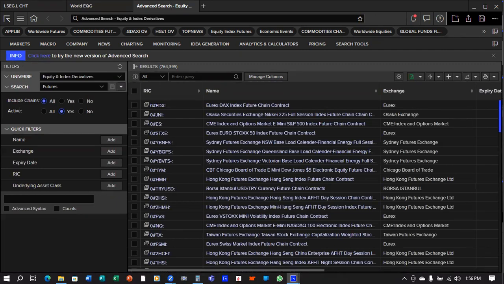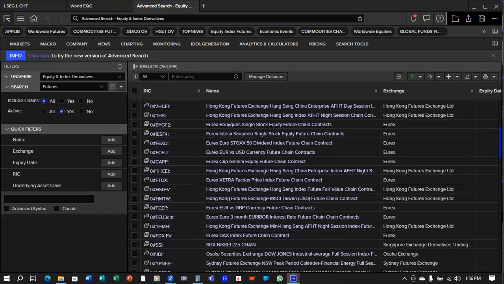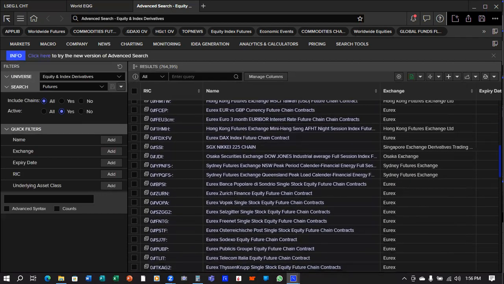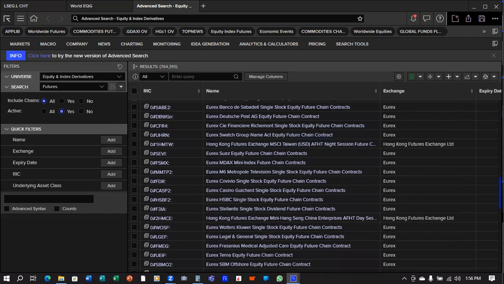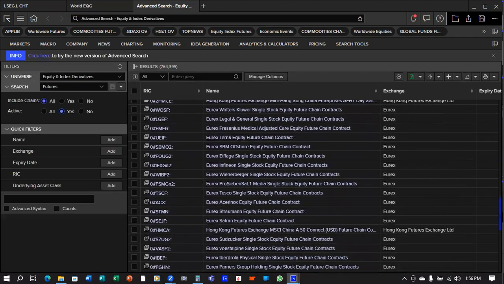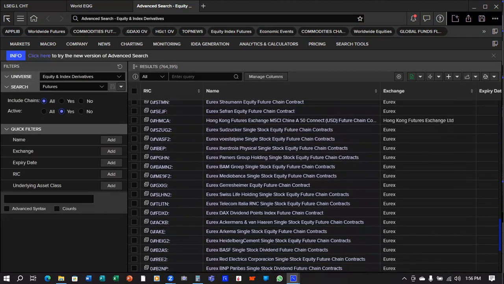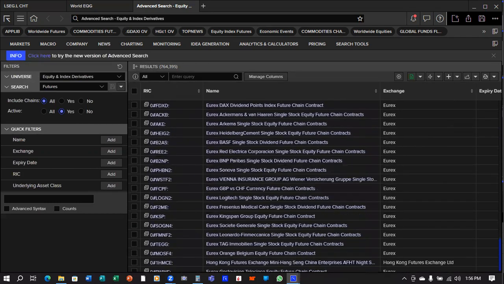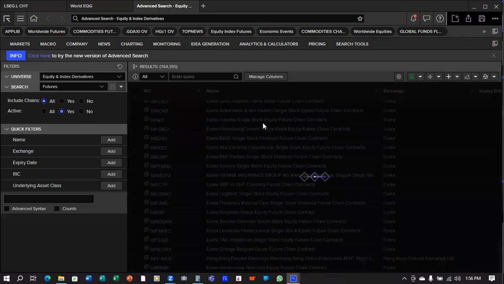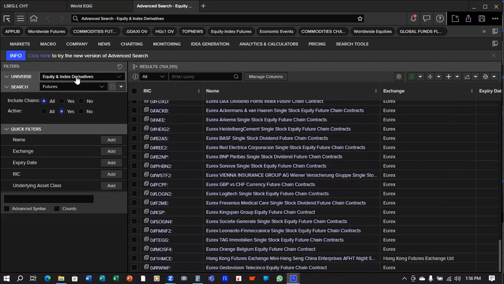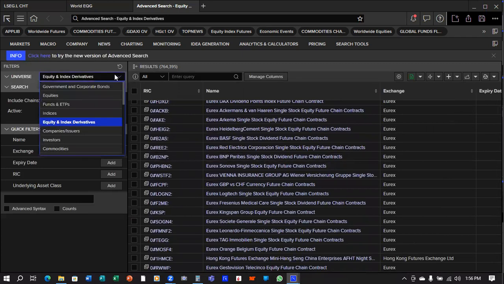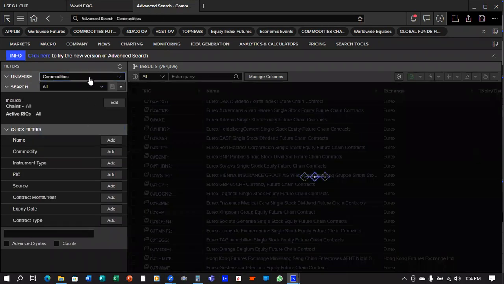You can see all these futures contracts are here. All the major contracts that you can think of are here. For example, here it's showing me mostly equity futures. If I drop down and click on commodities,